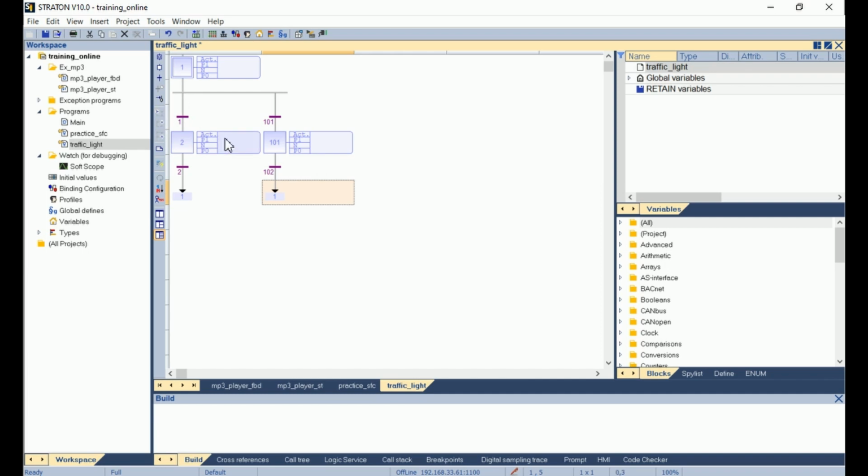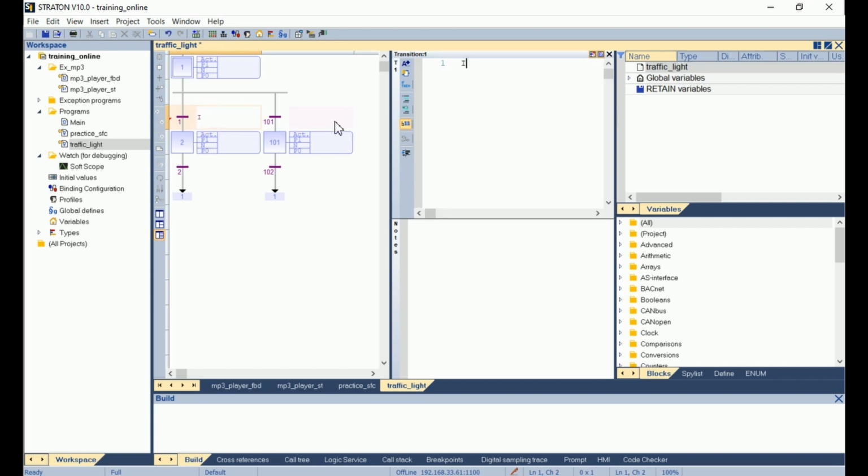So for this I have to add the transition. Is it the variable, is it day? If it is true, we will say that it is the day. And here, not is it day. If it is the night, it is not is it day. Remember I can click on Control Space to enter the name of the declared variable, and here is it day. Okay.